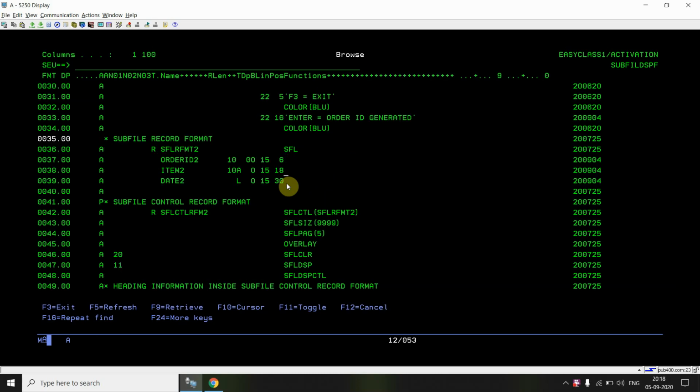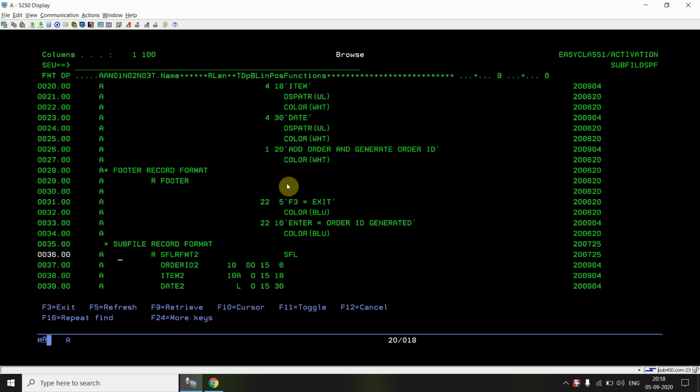This is the second subfile format, where order ID, item, and date are there, and the same thing: the SFL control has the format of SFLRFMT2. SFLSIZ is 9999. On one page I'm showing 5 records. Overlay, SFLCLR for clearing the subfile.